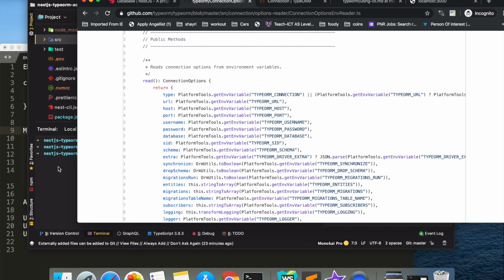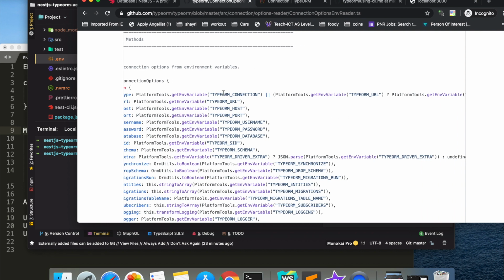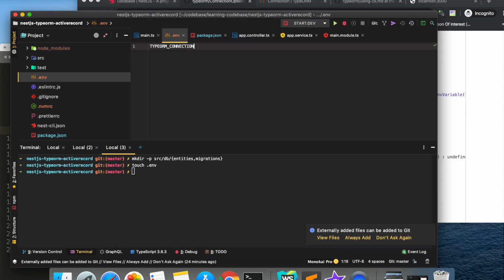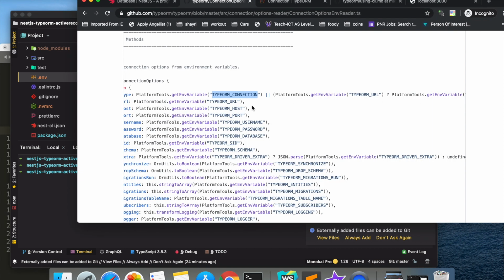In this file we are going to add firstly a TYPEORM_CONNECTION. This would tell which database to use. We are using SQLite. Since we are using SQLite, we don't need host, port, username, password.